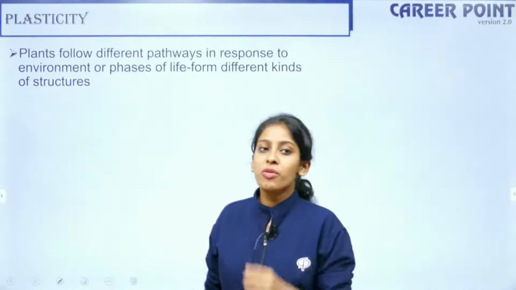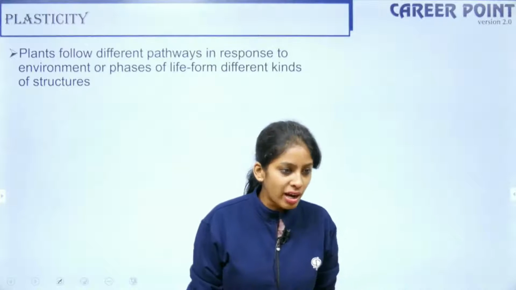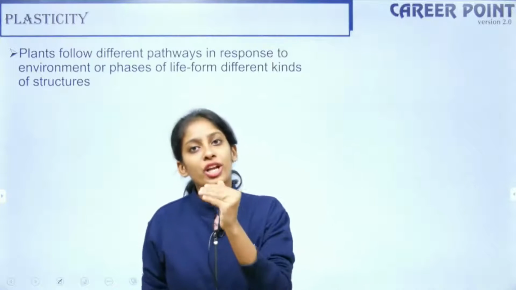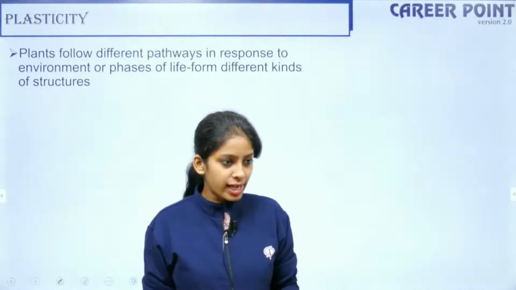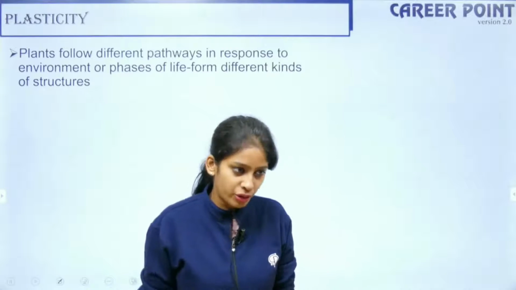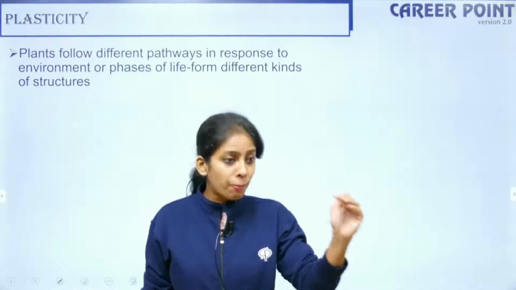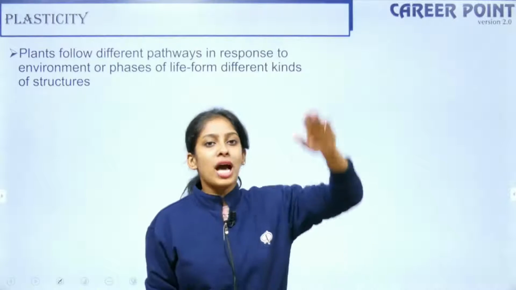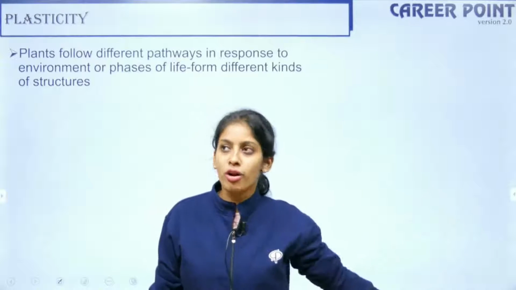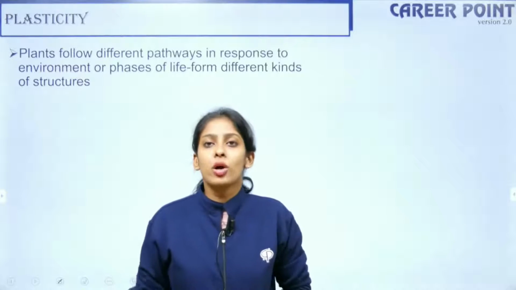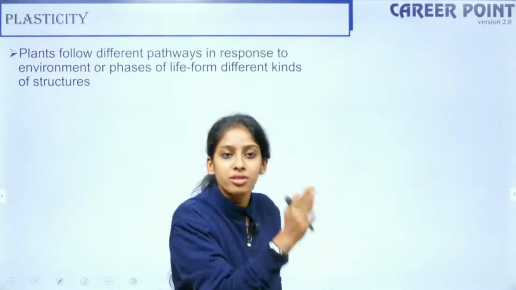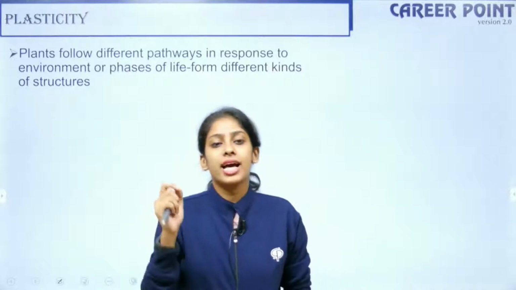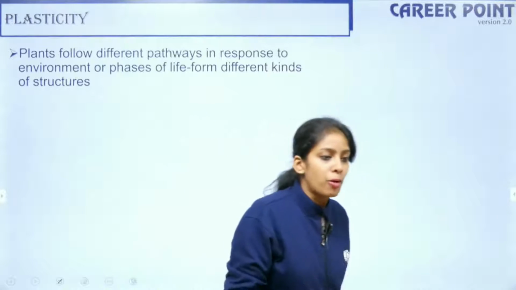For example, when we were small, what kind of cycle did you ride? We all rode a tricycle, a cycle with 3 tires. Later when you grew up, you rode a normal cycle but with an extra stand to support you, right? And finally we all ride the proper cycle. So at each phase in life we grow up accordingly. Directly, no child learns to ride the bigger cycle, right? When you're 4 years old you don't learn to ride the bigger cycle. So in plants also each stage has a different structure. Maybe the juvenile phase has a different leaf structure and the mature plant has a different leaf structure. So it depends upon the plant.